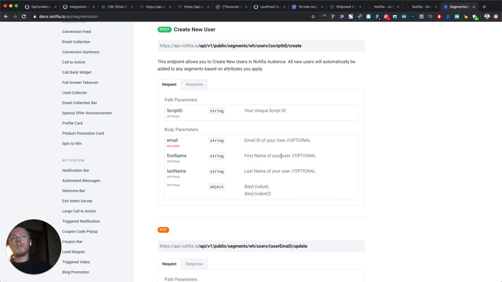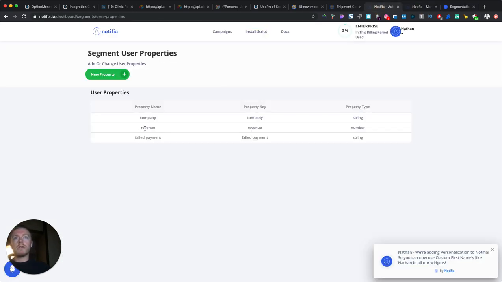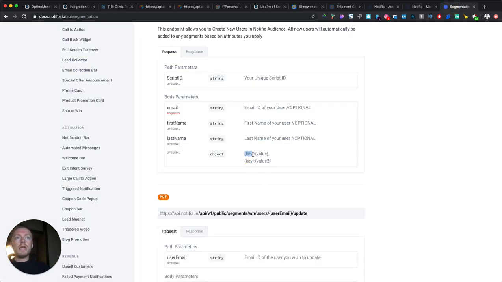These are optional, but you can send over a first name, last name, and then based on the custom values that we've just added, for example company, we would add here key company, and then we would send over their company. So let's say that they work for Instagram, we would send over company Instagram. And so now Notifier almost becomes like a lightweight